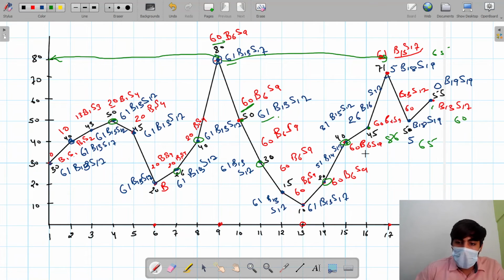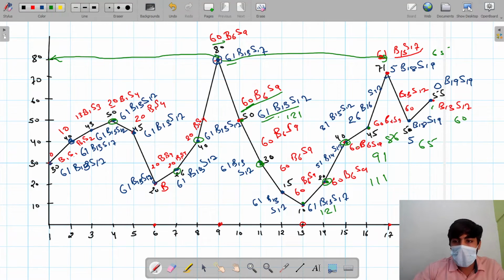For this one we get profit of 61, 60 plus 31, 91. For this one we get profit of 111. For this one we get profit of 121. For this one, by adding these two profits from the starting and from the end, from the past and from the future, 121. By using these two, we find out our maximum profit by doing two transactions.